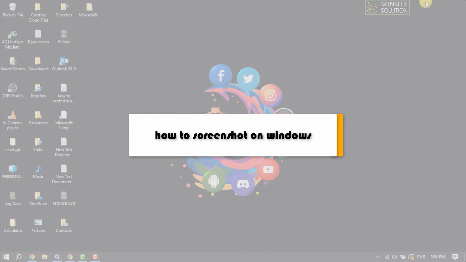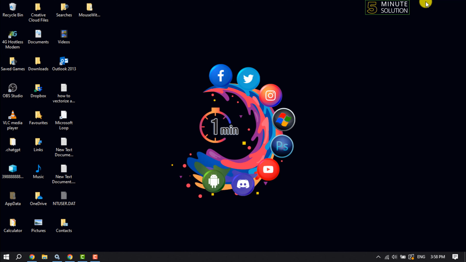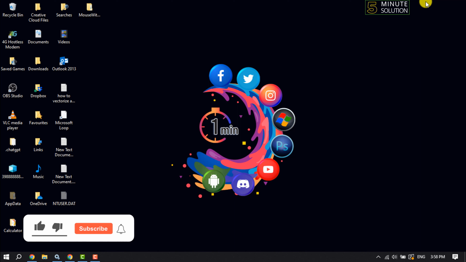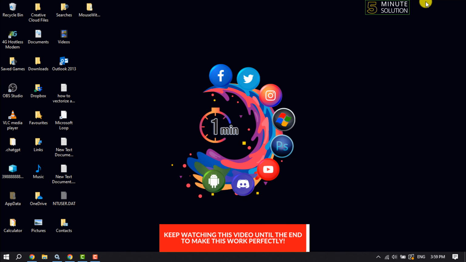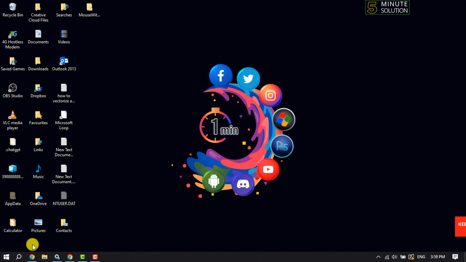This 5-minute solution will show you how to screenshot on a Windows computer. So if you're on your computer and wondering how to take a screenshot, it's super easy to take a screenshot. Follow these simple steps. Click on this search icon